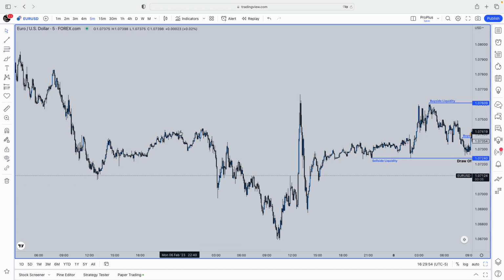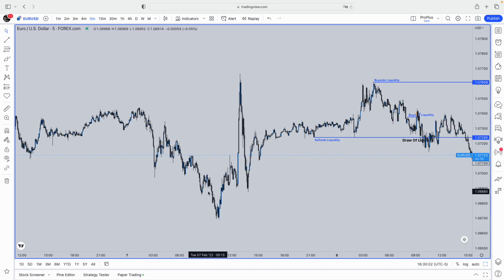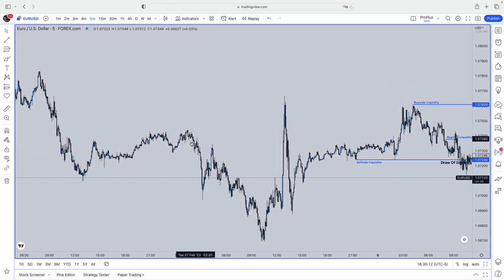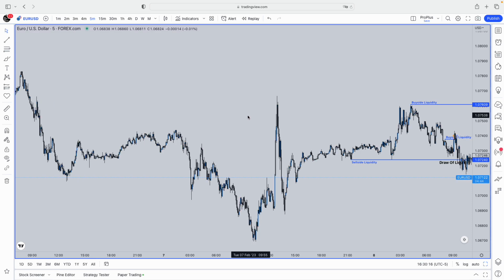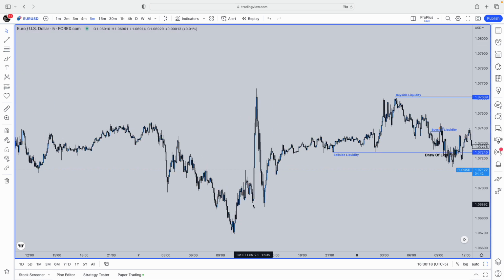So price traded above here, dropped lower, took out the sell side, took out one more time to make a new low. Then after the kill zone, it then pushed up, tapped into fair value gap, pushing up to take out the buy side liquidity here, and then dropped lower to take out the sell side here,